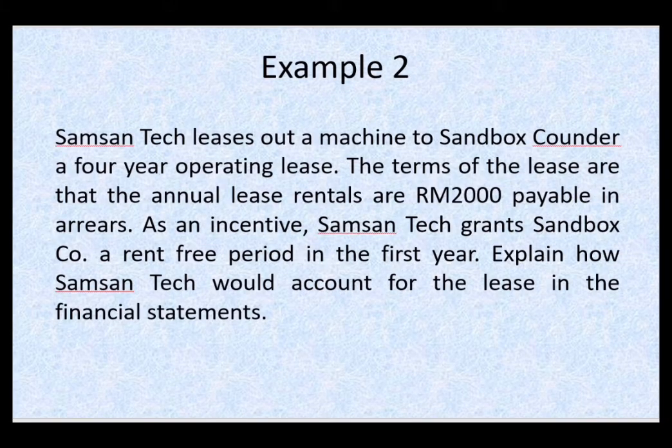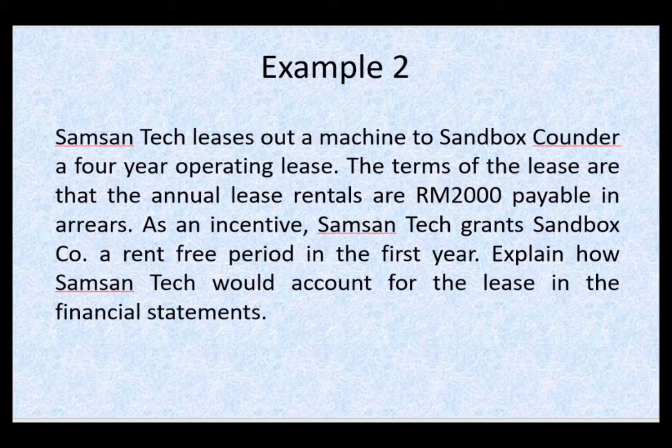The next question is example 2. All of you should know that an operating lease is any lease which is not a finance lease, and for it to be an operating lease, the risks and rewards have not been transferred to the lessee, and the lessor still has the risks and rewards of ownership. So for example 2, the question is: Samsung Tech leases out a machine to Sandbox Company under a 4-year